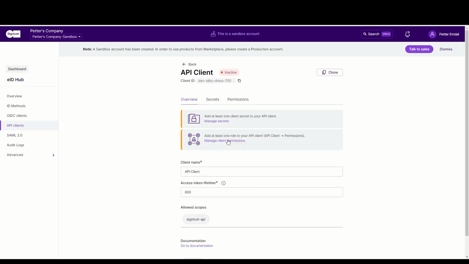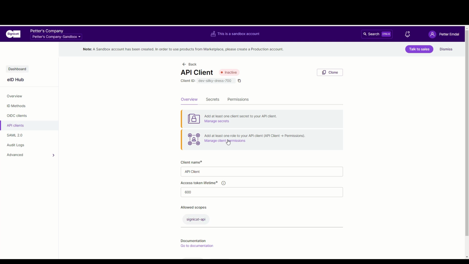You're then able to see the client ID at the top of your screen, and this will always be randomly generated and will consist of 3 words, 2 of them being randomized, and 3 numbers. The first word will always reflect what environment the client belongs in. For example, this client was created in the Sandbox environment, hence why it starts with the word Sandbox. In production environment, it will start with the word prod.